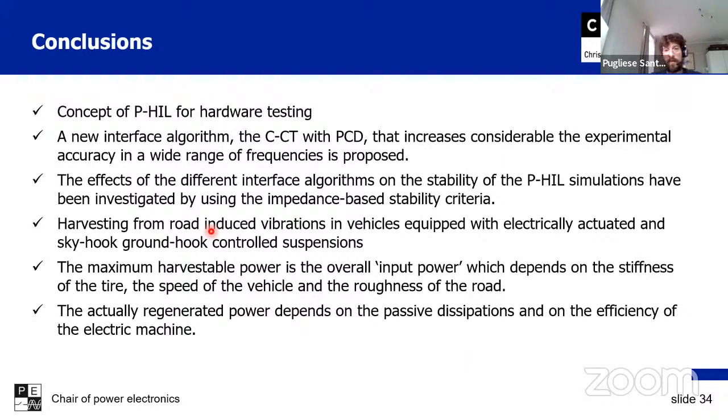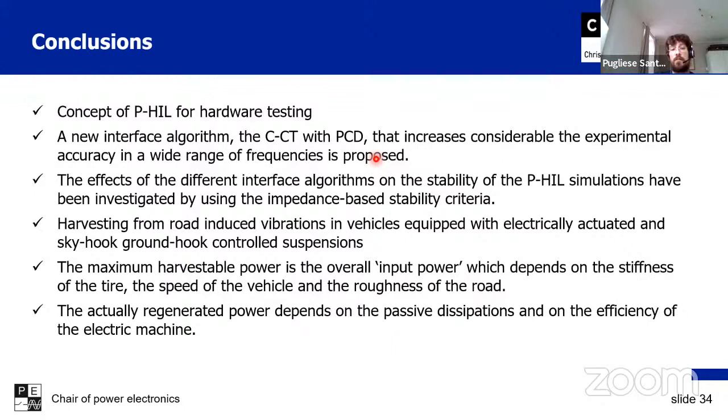So concluding, and I think that I went a bit longer than expected. We saw what a power-in-the-loop is. We saw some interface algorithms, and we saw how the interface algorithm has an impact on the accuracy and stability in different ranges of frequency. And we saw how an active suspension system can be implemented as a power-in-the-loop, which has the feature of increased road holding, comfort, but also to harvest energy from vibration induced by the road using skyhook, groundhook controlled